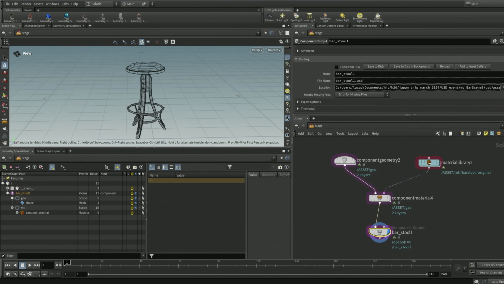One thing to know about Solaris and how it works is that its native format is USD. What this means is when you bring USD into Solaris, the USD information isn't translated or changed to some sort of internal data format.